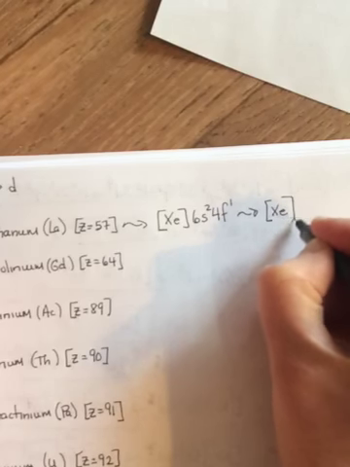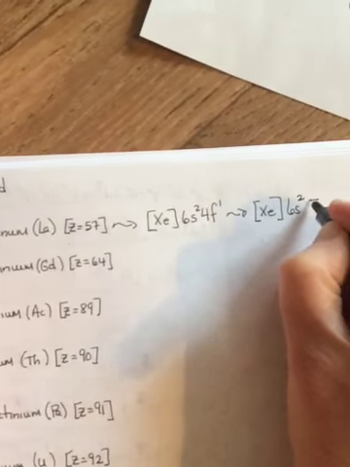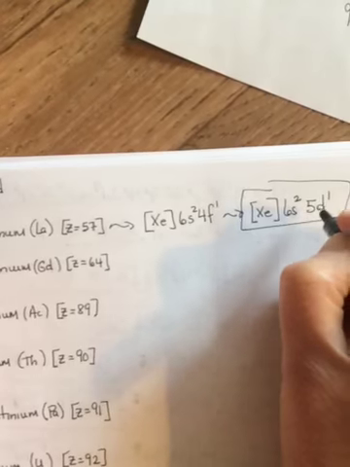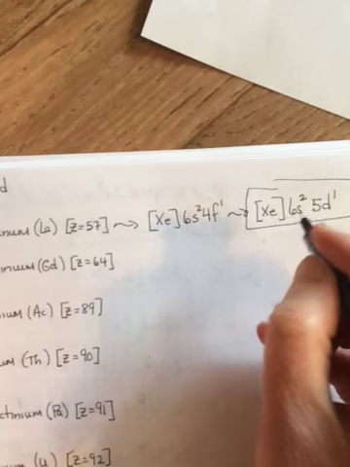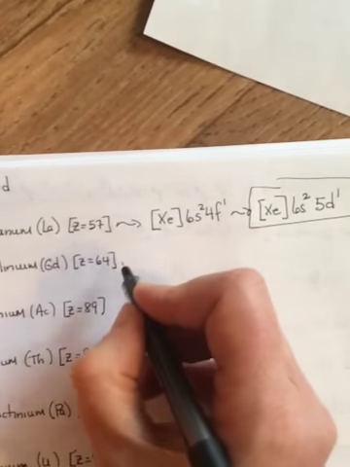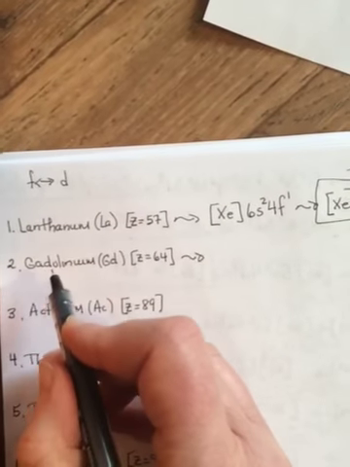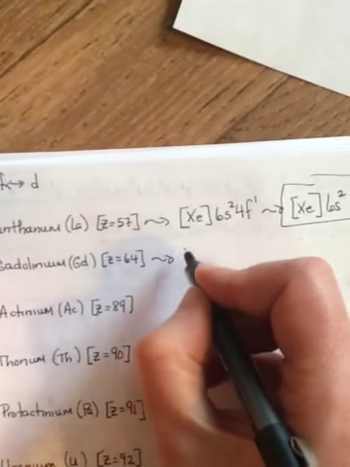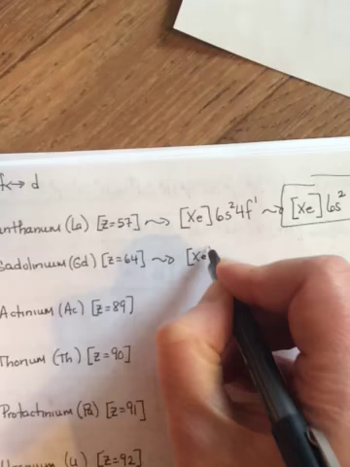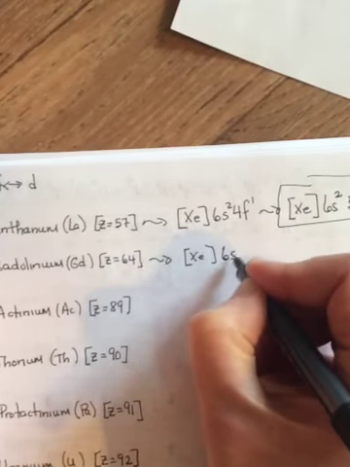This becomes Xenon 6s2, 5d1. It is more stable if there is only one in the d as opposed to one in the f, and that would be because the d has a tinier space. The next one is gadolinium. It's Z equals 64. Again, it's going to be Xenon as its nearest noble gas, and it should be 6s2,